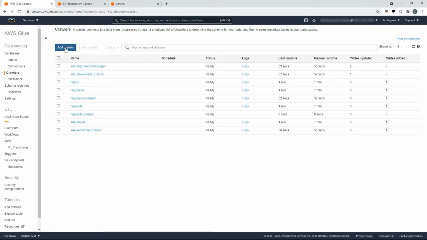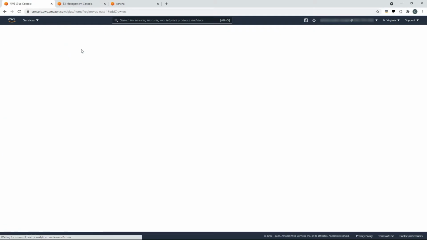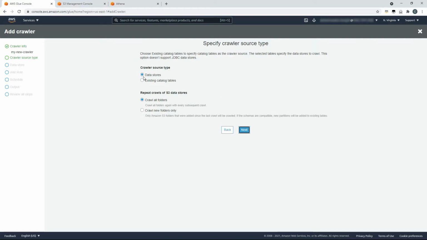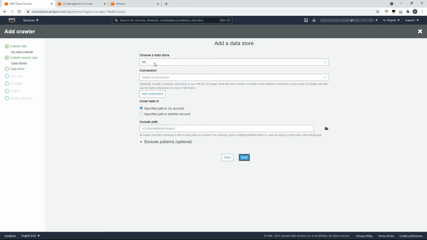So the first thing that we're going to do is add a crawler. Here we're going to provide a crawler with a name and click next. We're going to choose to crawl our data stores and crawl all folders. We're going to choose an S3 data source and we're going to choose our bucket.